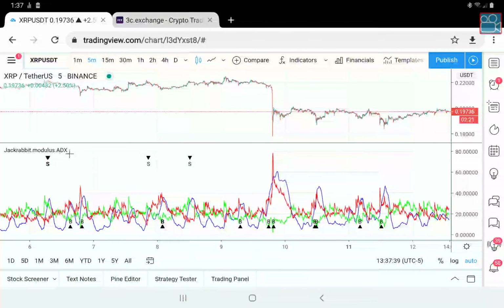I've got TradingView loaded, XRP, and I have the ADX indicator loaded. First, let me start with, because of some growing concerns with TradingView's limitations on indicator functionality,